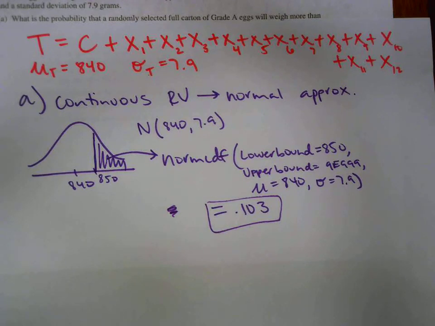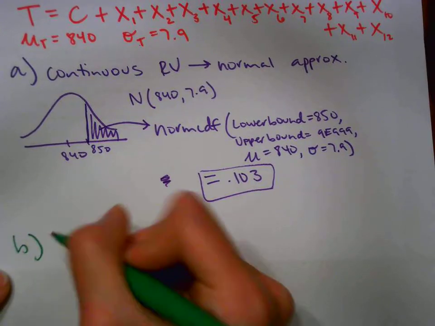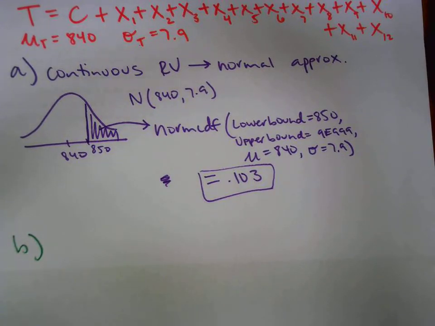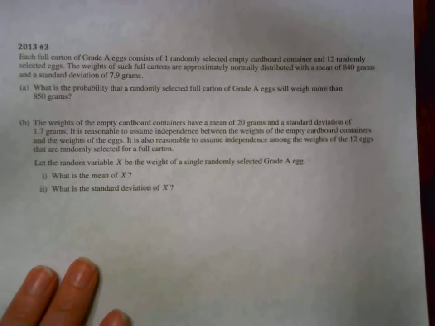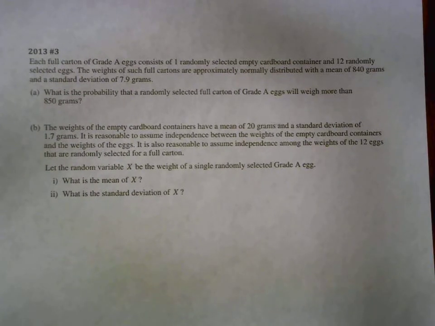Okay, so then part B says the weights of the empty cardboard containers have a mean of 20 grams and a standard deviation of 1.7. It's reasonable to assume independence between the weights of the cardboard containers and the weights of all the eggs. It's also reasonable to assume independence among the weights of the 12 eggs that are randomly selected to fill a